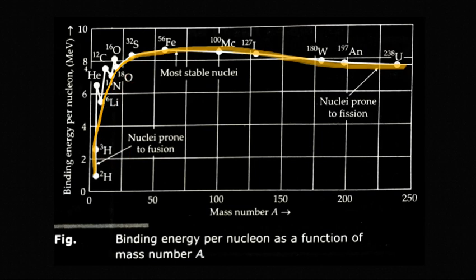So here these elements, deuterium, tritium, lithium, nitrogen, oxygen, all of such elements lie on this yellow curve except for a few like helium, carbon, oxygen. They don't lie on this yellow curve. Can you see these three elements? They don't lie on this yellow curve. What does this show? This shows that they have a peak value. Peak value means this helium atom has a higher binding energy than lithium. This carbon atom has a higher binding energy than nitrogen atom. This oxygen has a greater binding energy than the isotope of this oxygen atom. So what does this peak show? This peak shows that they have a higher binding energy.